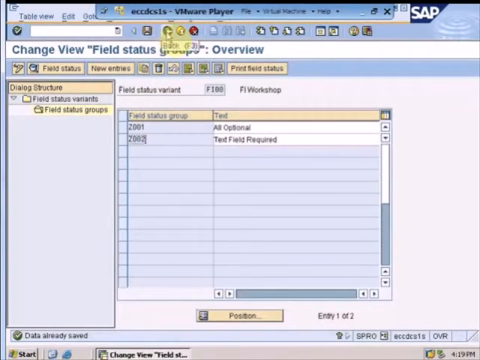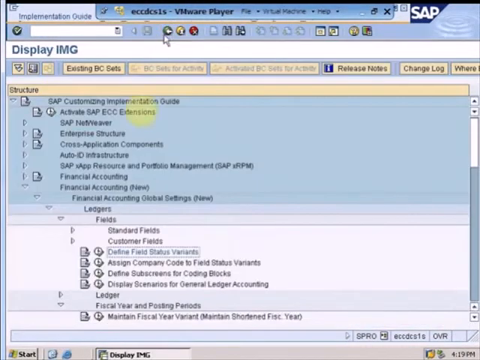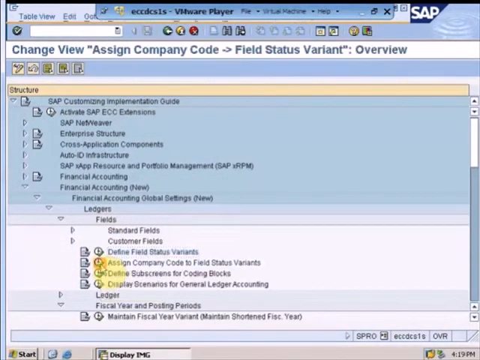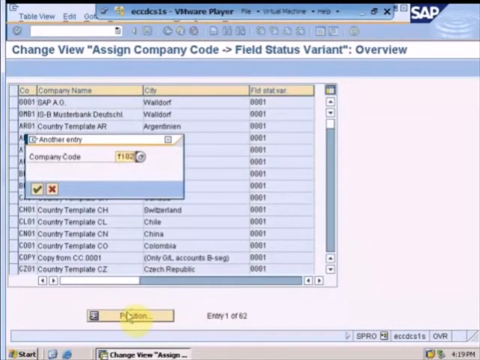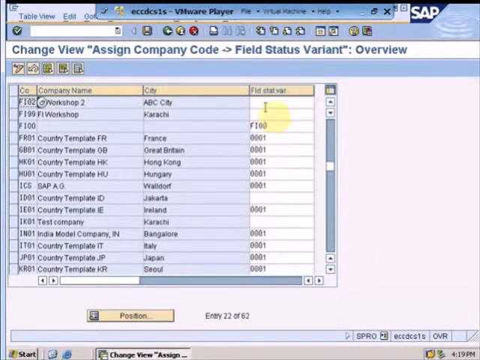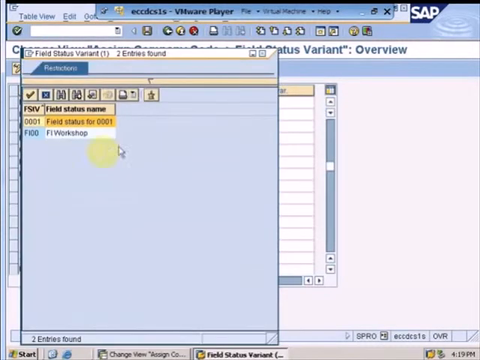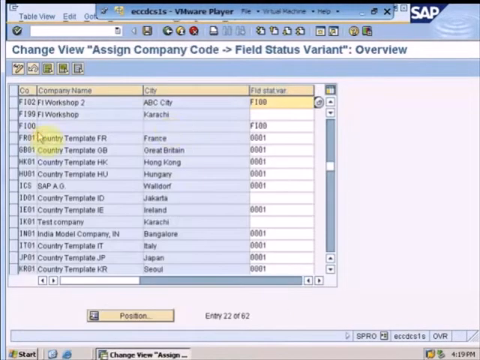And now our third step is we have to assign a variant to a company code. By going back from here, this is the transaction from where I can perform my third step. By clicking over here, we can go to the company code we just created lately, that is FI02, and I can assign the same field status variant over here. If I do not remember the name, all I can do is take a drop down from here, and here we can see the field status variant which we just created earlier, double click on it and I save it. The variant has been assigned to a company code.